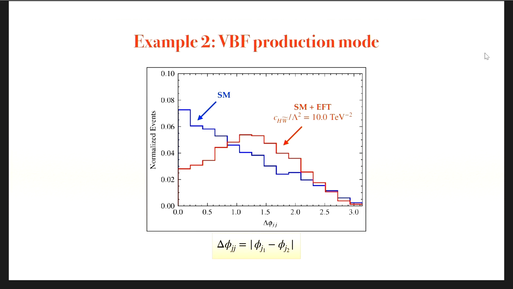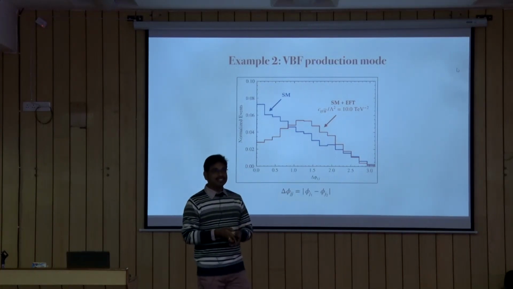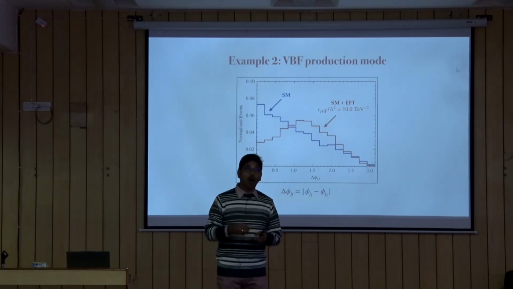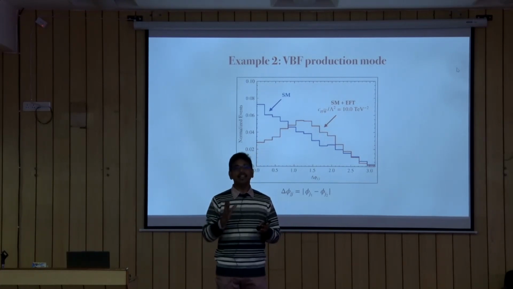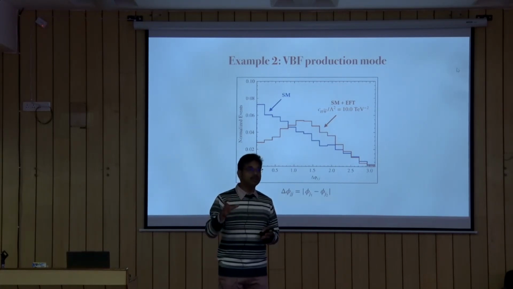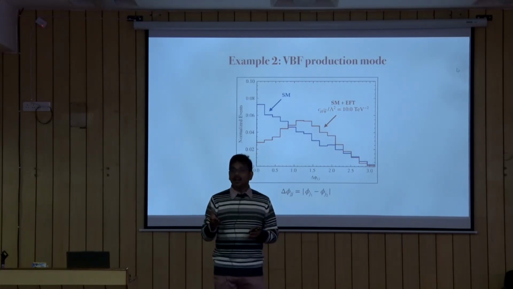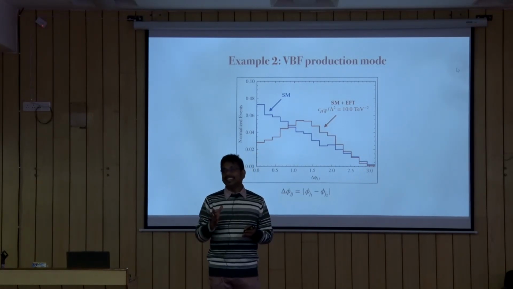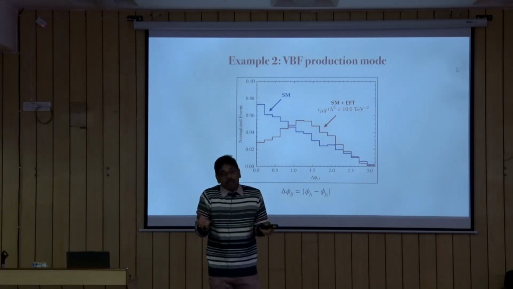So therefore, there are ways of distinguishing, or rather seeing the effect of these different higher dimensional operators contributing to your different production modes associated with the Higgs, and inferring whether they can,